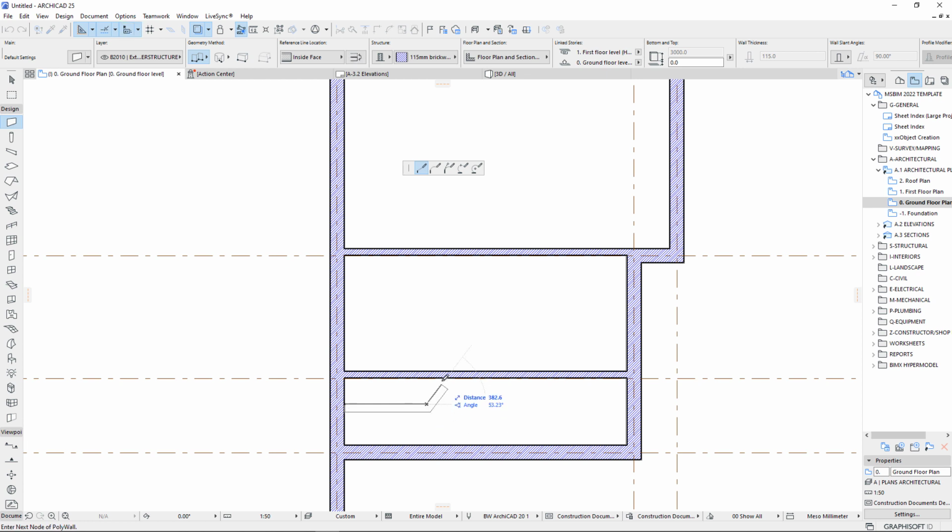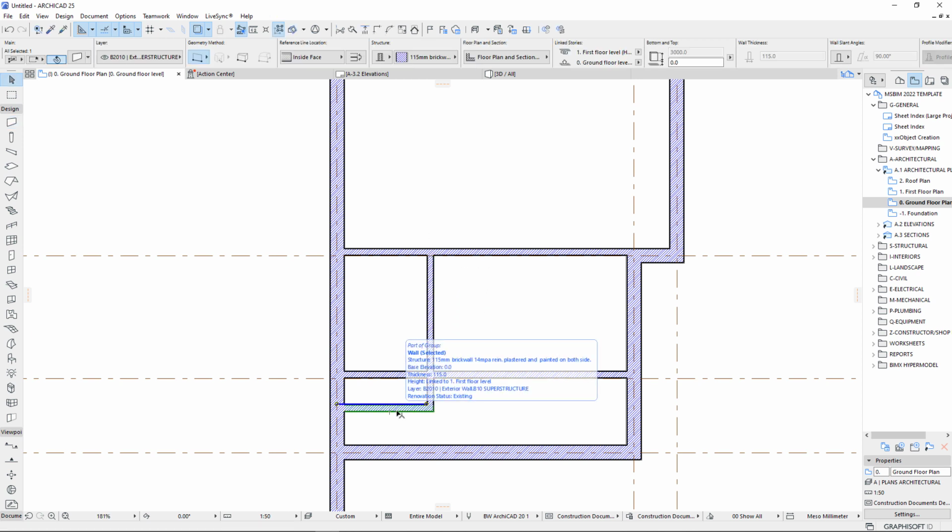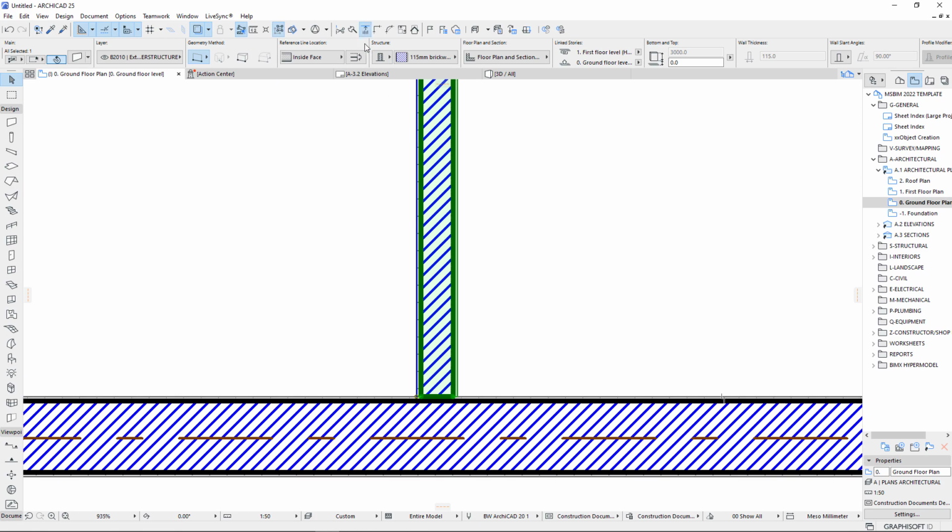I'll just use this line as a guideline and draw a passage like that. Let me delete this wall and extend this wall to there by using the extend tool. Let me just